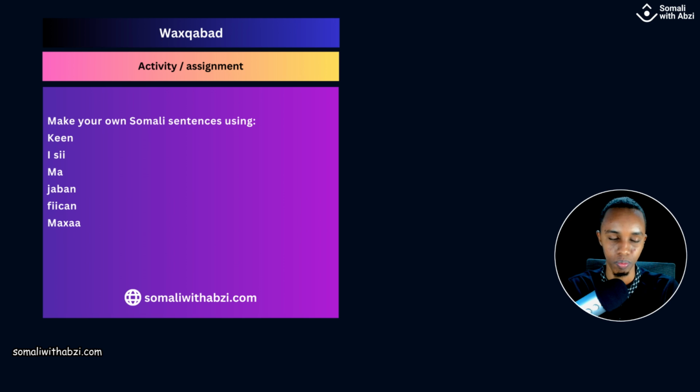For example, can, you can just say, Abdi, miski ii keen. Abdi, bring me the table. Then your short answer should be haye, like that. You see, you can make question, you can make order. Ma, you can make question like qor. Ma qortay casharka? Did you write the lesson? Like ma qortay emailka, ma qortay, maybe just like that. So jaban you can make question, fiican you can make question, maxaa you can make question,